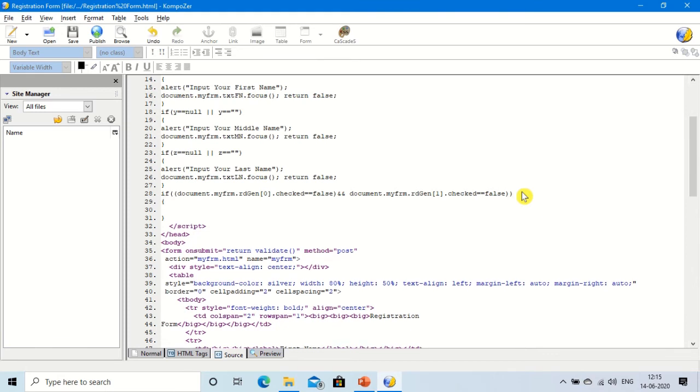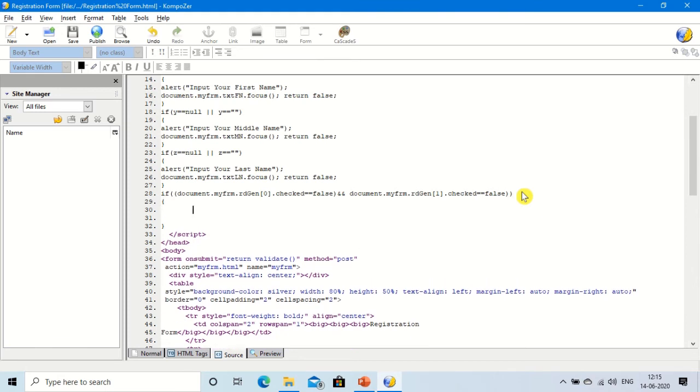Start the curly bracket, give here message alert, select your gender, male or female. This will appear when the user is not selecting.